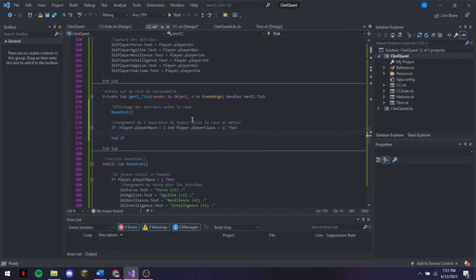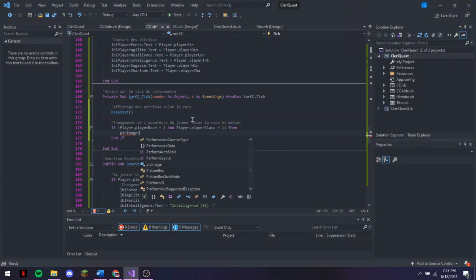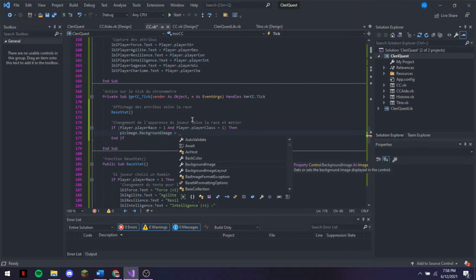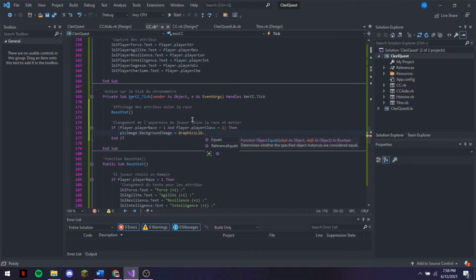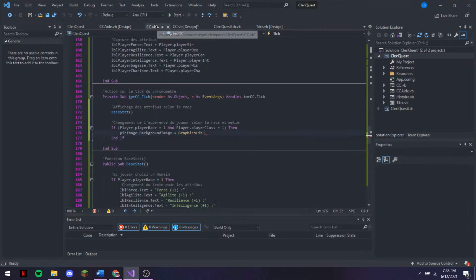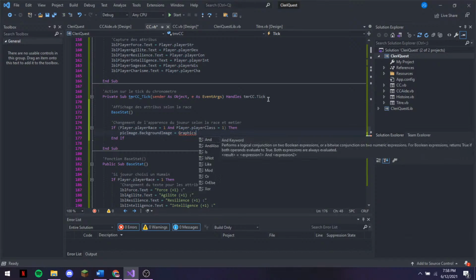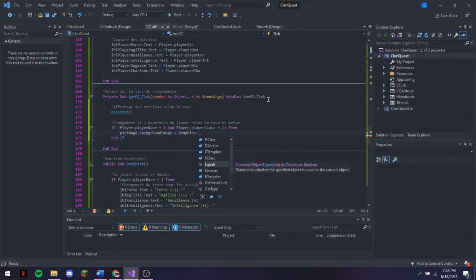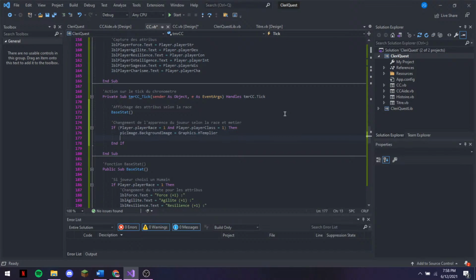Then we would have pick image dot background image equals, and you would have graphics library dot, wait, oh wait, no, not graphics library, just graphics, because we have graphics as graphics library, graphics dot human Templar, and then you would have